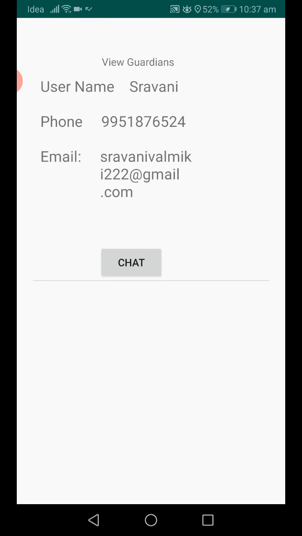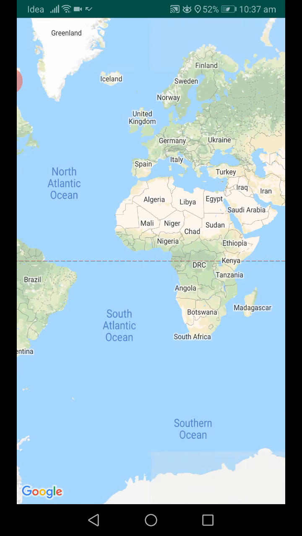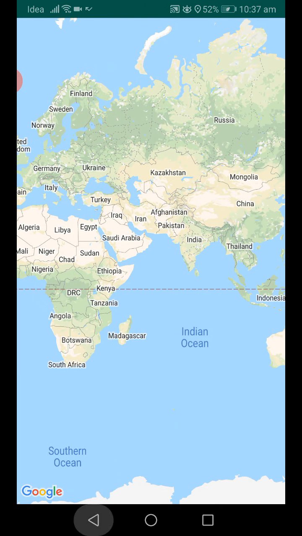Look, now he is offline, so you don't get the view map. If he is online, then he will get the map button. Like that we can track individual people, and we can track all the family people.